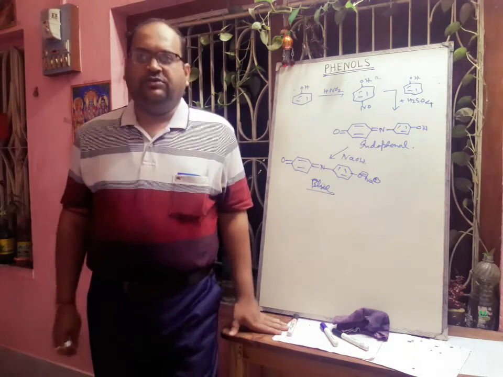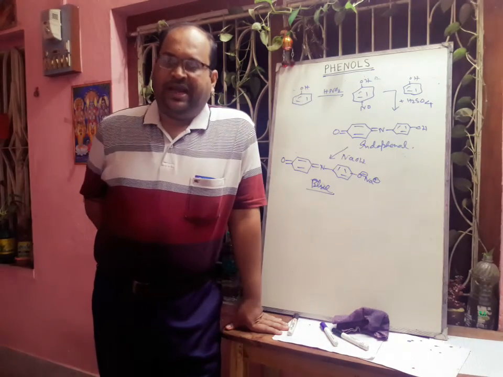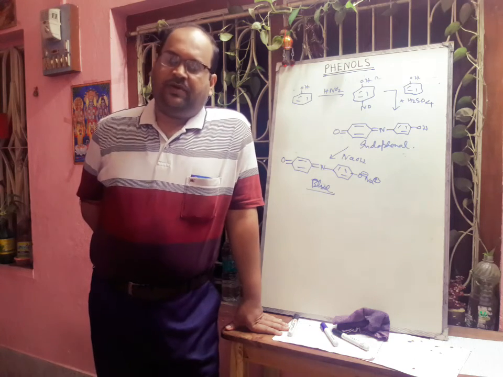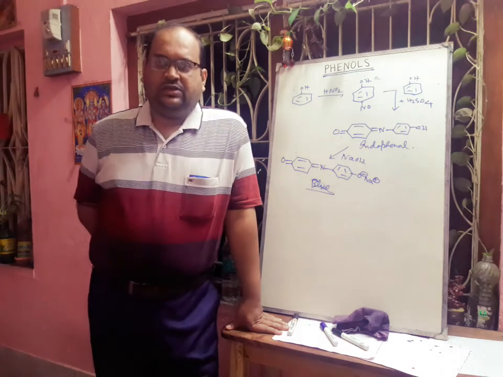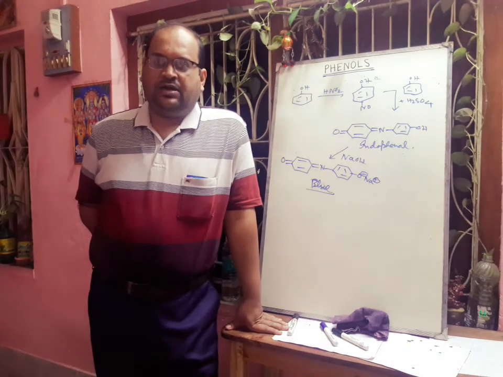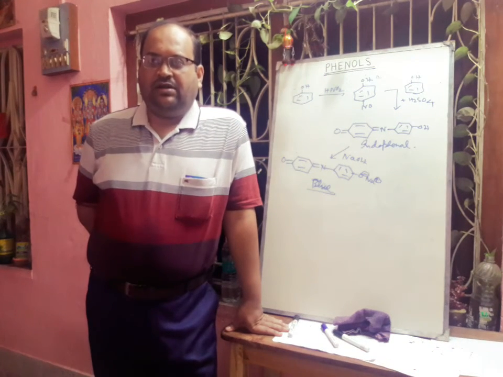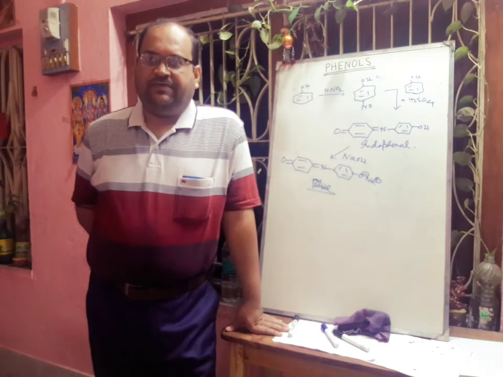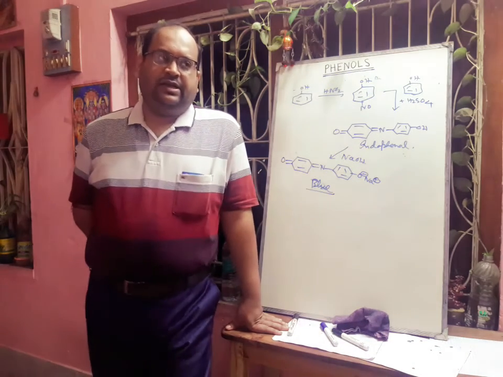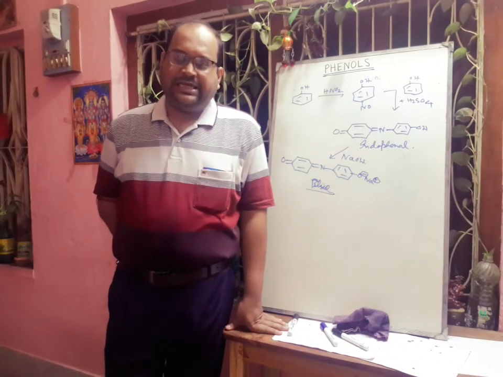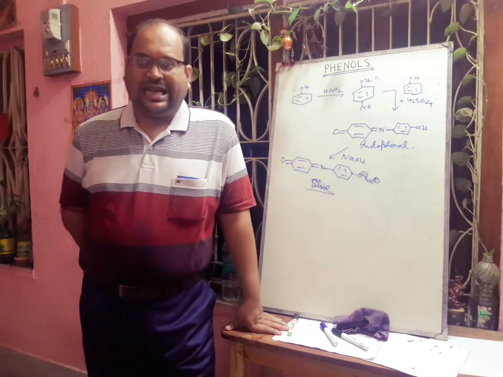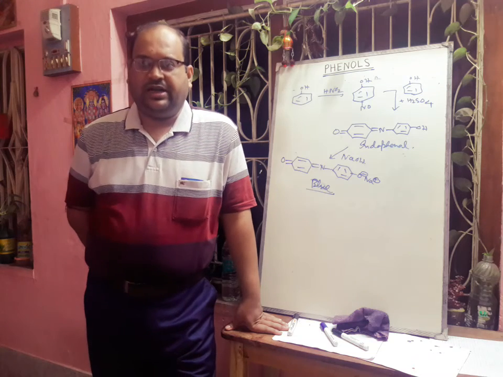Now we will discuss the use of phenol. Phenol is used to prepare polymer like bakelite. All of you know that phenol formaldehyde resin. So phenol is reacting with formaldehyde forming bakelite. It's a very important polymer, and phenol is used in the preparation of different types of drugs. We have already shown to you that from phenol we can prepare salicylic acid, and from salicylic acid we can prepare aspirin, that is an analgesic, and salol. These are very important drugs.